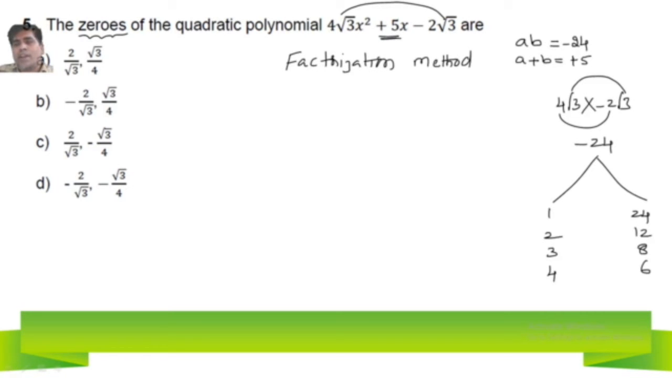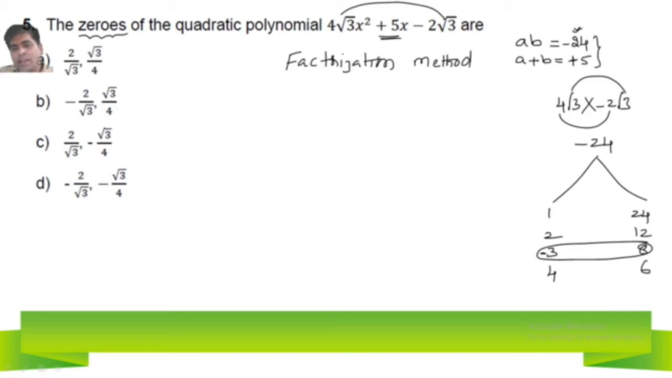So find out the factors, which pair suits here. I am taking 8 threes are 24, but I should get minus 24. And what is the addition? When I add these two numbers, I should get positive 5. So if I keep minus here,